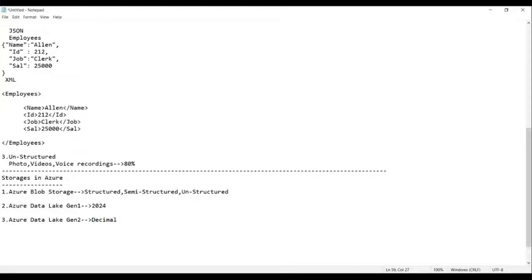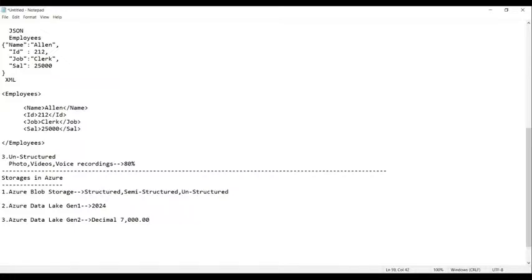In the source, decimal is accepted. What do I mean by decimal, guys? I'm writing a word here: 7,000.22. This is the data accepted in the source.